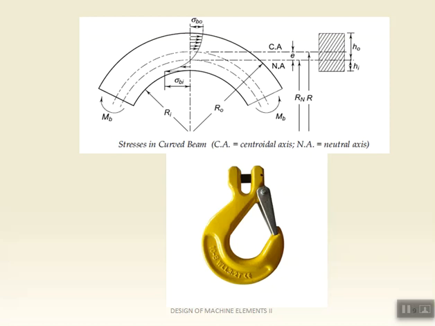Depending upon the cross section, the strength of the beam will be different. The best example of the application of the curved beam is a crane hook. See, a crane hook is in the shape of a curvature where the loads are going to be carried. So you can see the load W might be applied here. The stresses are distributed throughout this C section, so the shape of the section is curvature. The cross section may be any section: rectangle, circular, I section or T section.